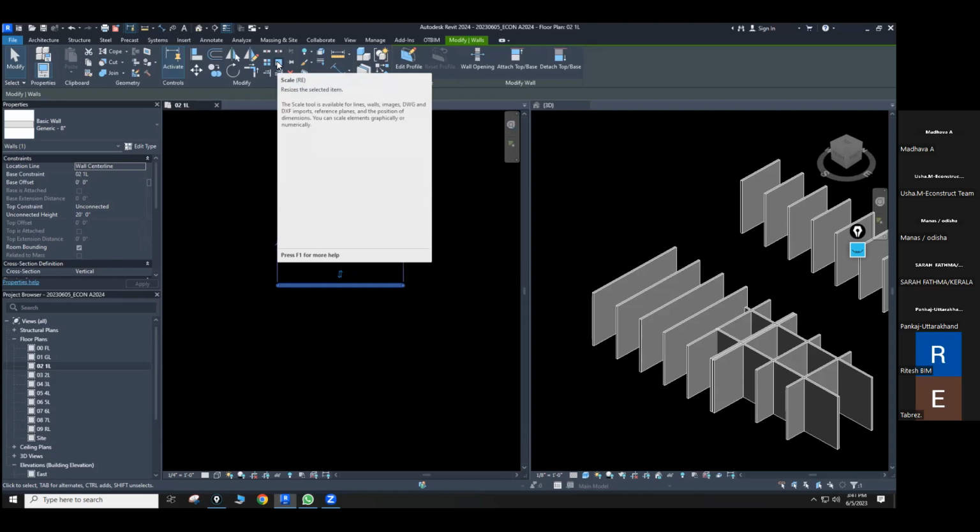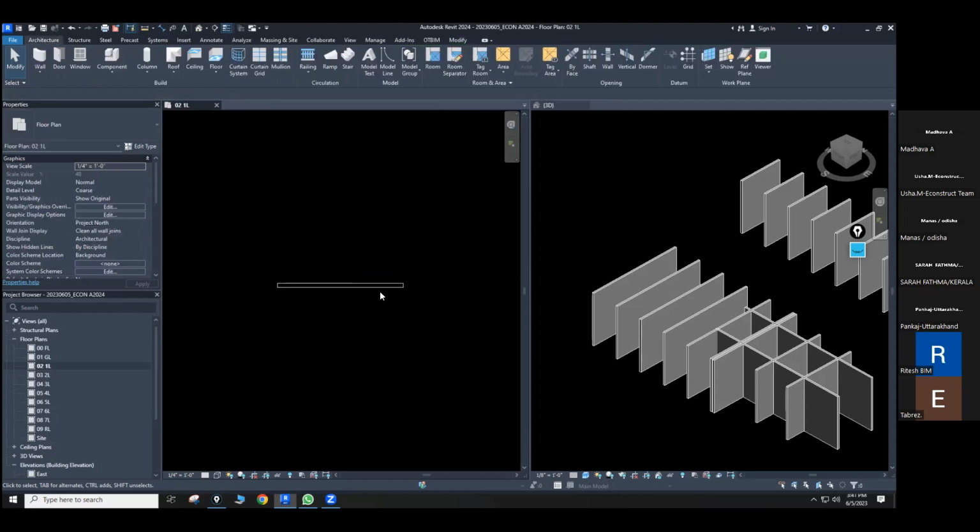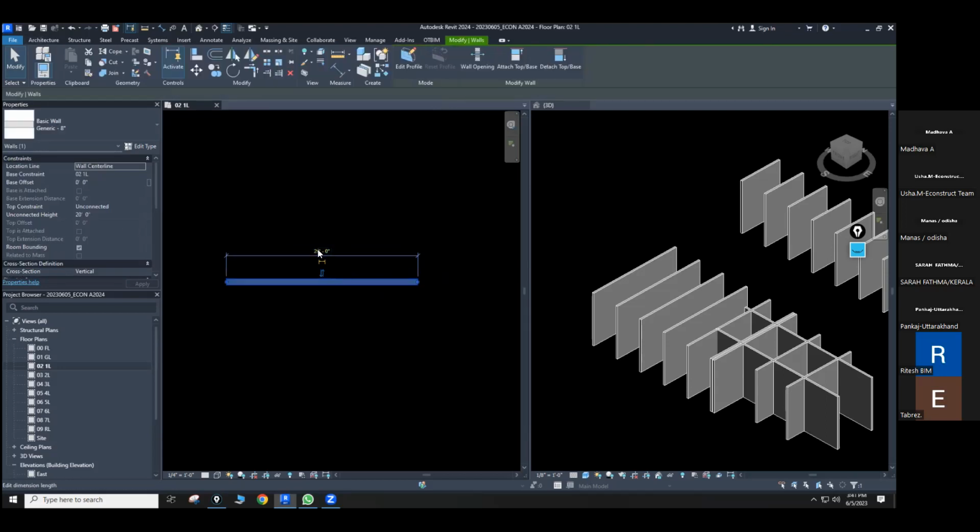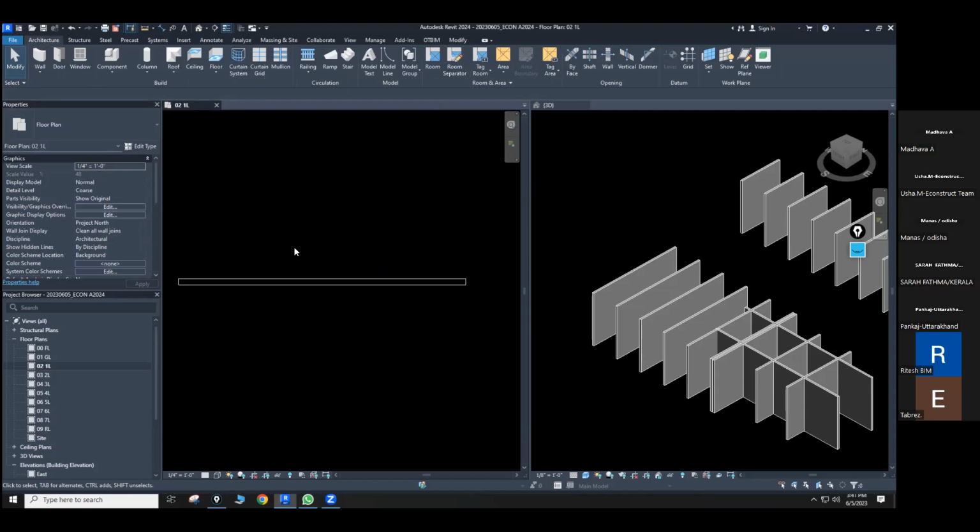Why I'm saying actually scale command is not much useful, because before on that we will discuss. I need to modify this one. Simple, you can click the dimension, keep it the 5 feet. Done. Over. Or you just click this one or 30 feet. Then over. So this is very easily, very fast that you can change. But how to scale